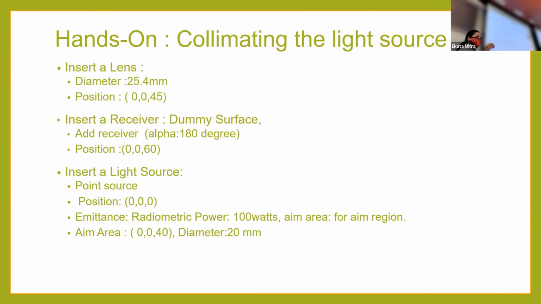So if you have to draw a lens, you have to have a light source, right? It's a simple thing. When you're having a lens, that means you have a light source and you have a detector. But you have to place it in a way that you are getting it at the focal point, right? That's our previous classes' story: 1 by u plus 1 by v equals 1 by f. So you are going to calculate it with your calculator. But here, if you can place it with this, if you calculate the distance, you'll get it. So it's kind of like proving yourself again and again, by mathematics or by the software.